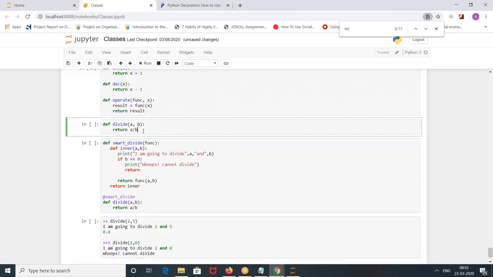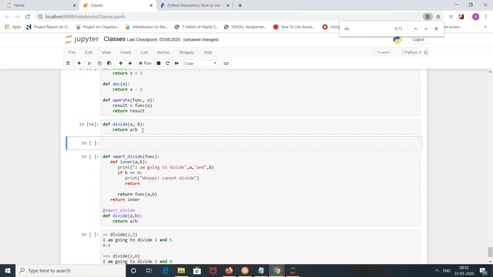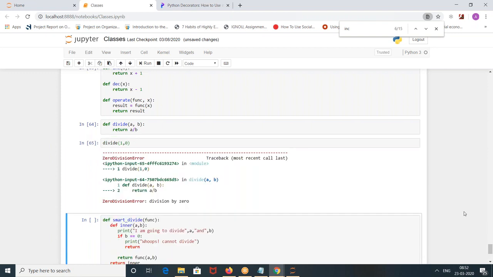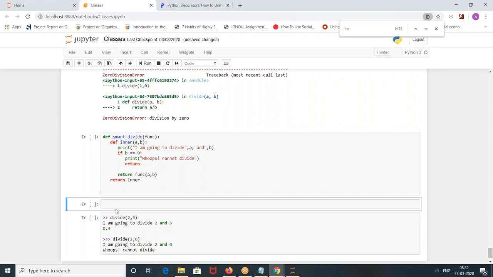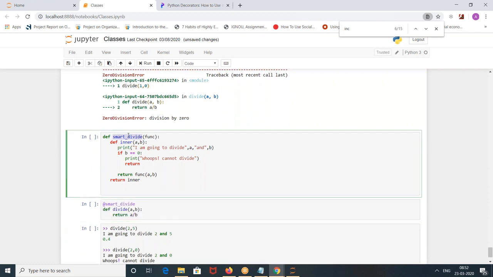If you divide a by b and assign b as 0, what will happen? Zero division error, the simplest form. But here he wrote one function called smart divide, with an inner function taking two variables, a comma b.